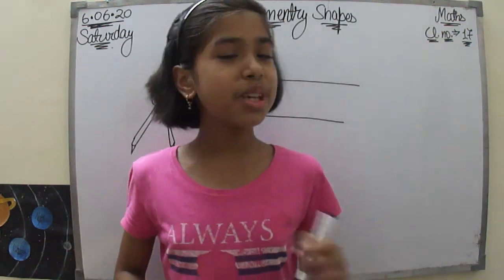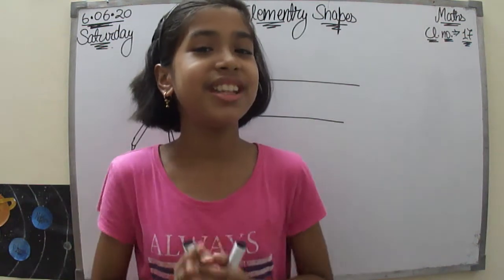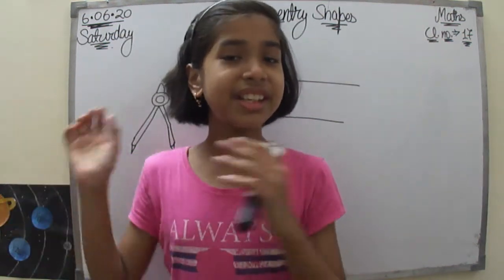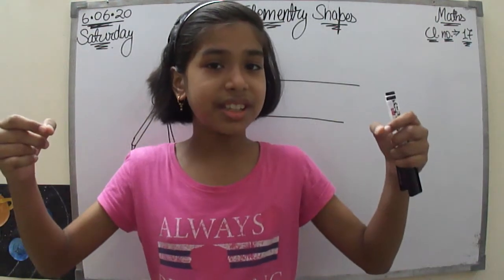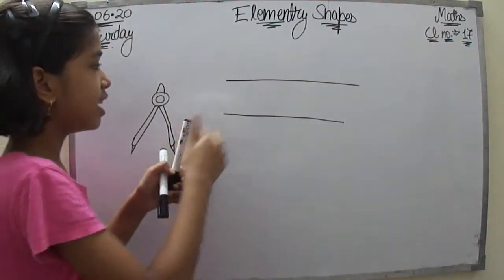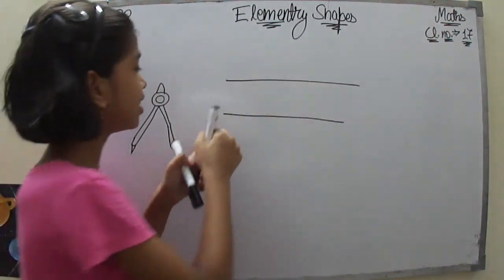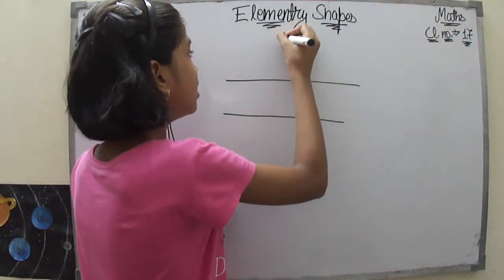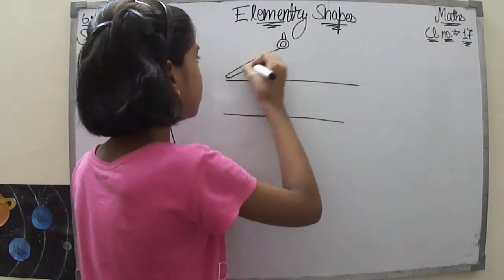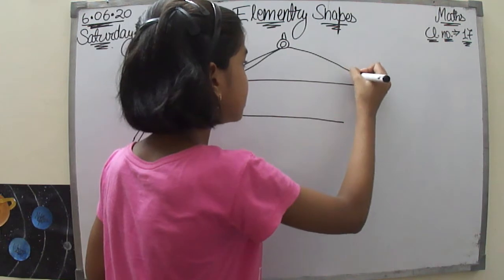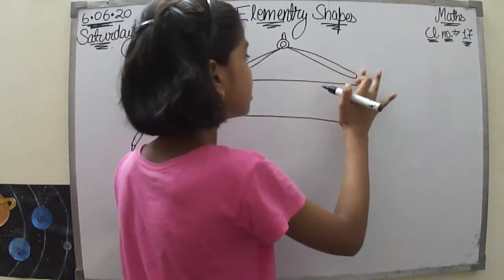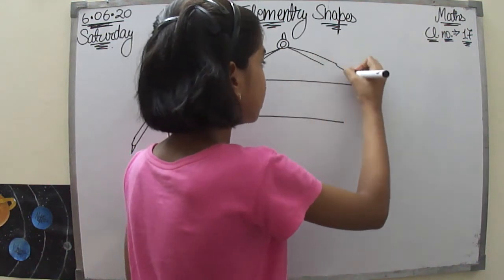So how can it be useful for measuring the length? Very simple. You have to take that divider, stretch it and take the length. What do I mean? Let's say I want to measure this length, so I will take my divider and place it like this. I will take this length